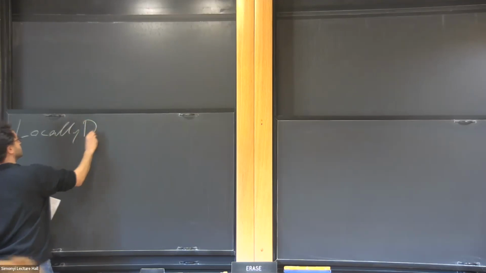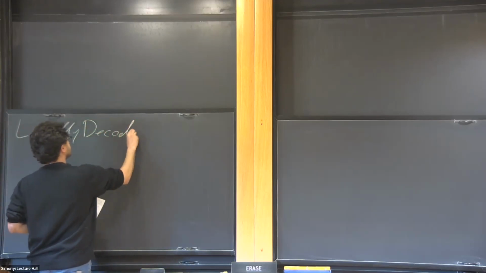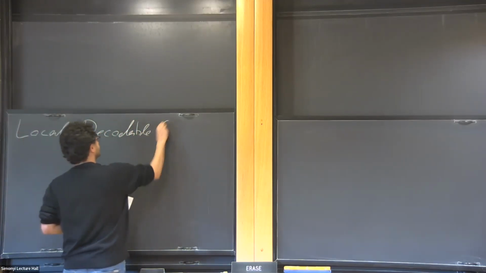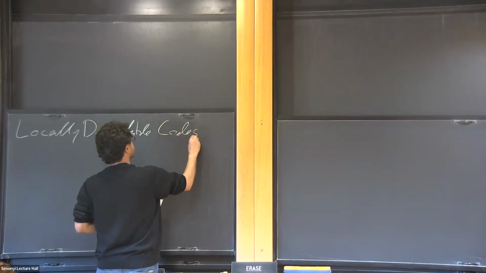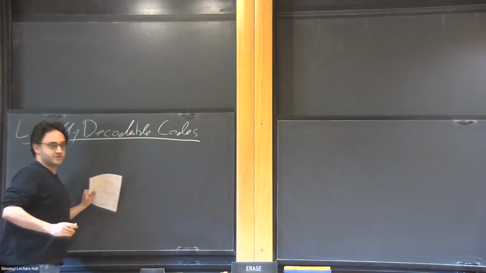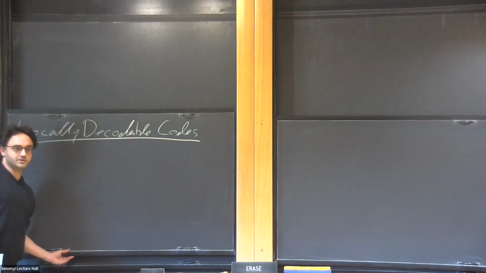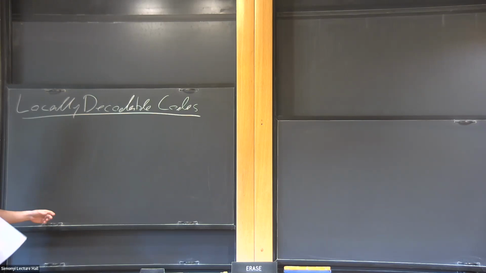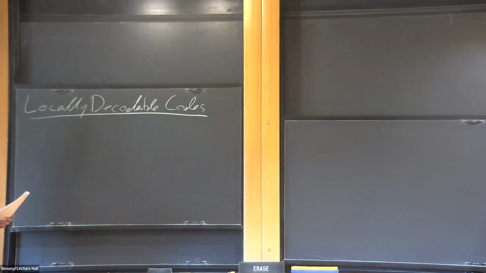So I'll talk about locally decodable codes, LDCs. And it's a bit of a survey. It's something I've worked on for many years. Probably one of the first things I suggested and one of the first problems that I was handed, and it's still pretty wide open. I'm going to focus here on the linear algebraic setting